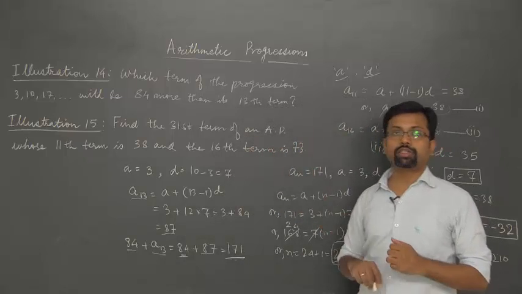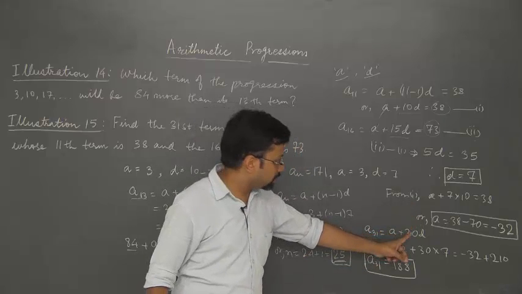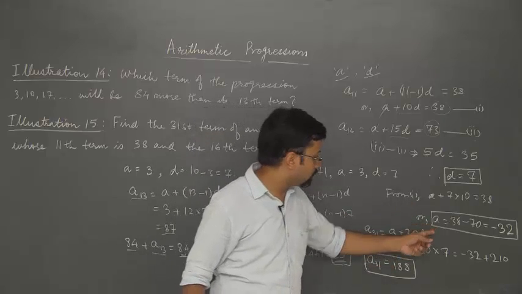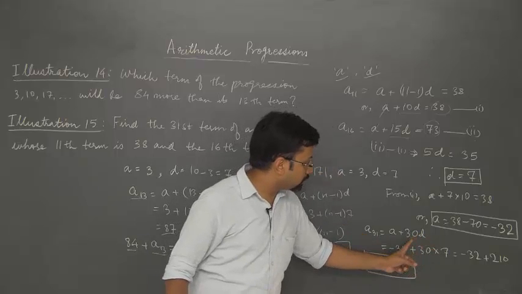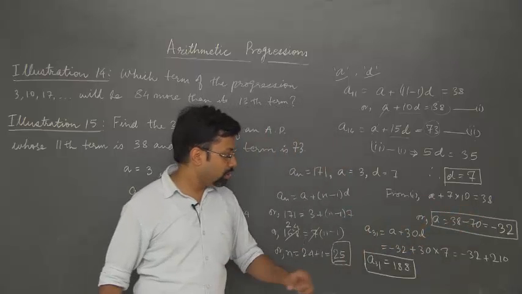Now we have to find the 31st term. So A31 will be equal to A plus 30D. A is minus 32 and D is 7. So it's 30 into 7. We get minus 32 plus 210, which is equal to